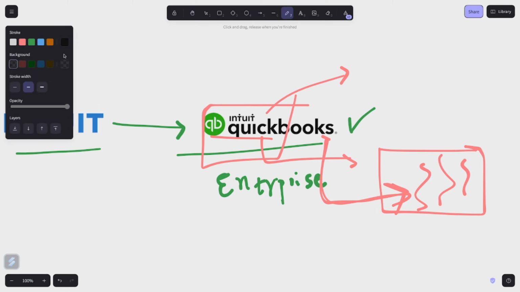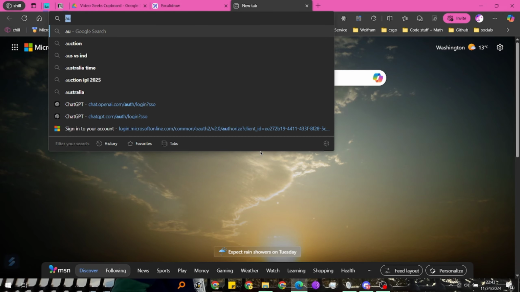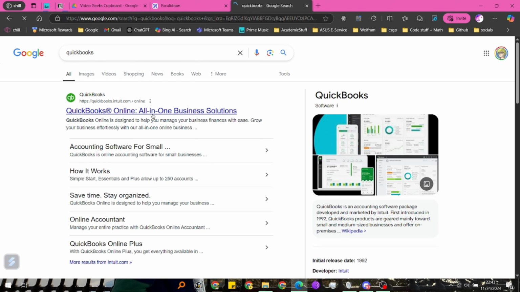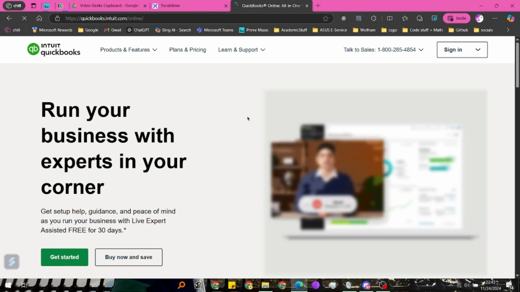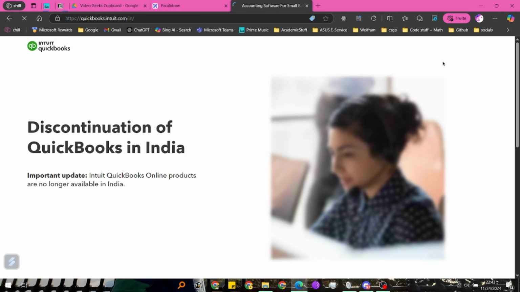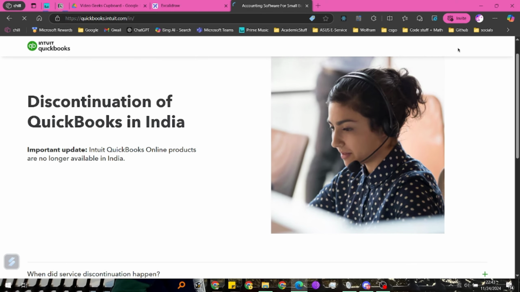Let's say the person who is using QuickBooks makes some changes in my invoice, and you are listening to your web app's API call. You will get notified that Hanil had made this many changes, through the API, obviously.